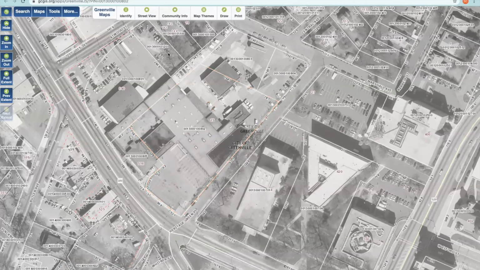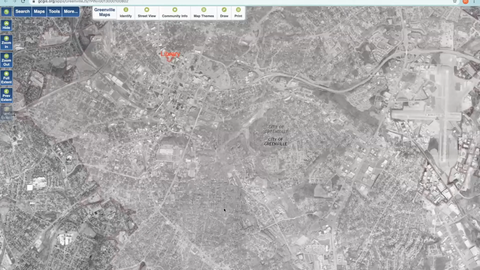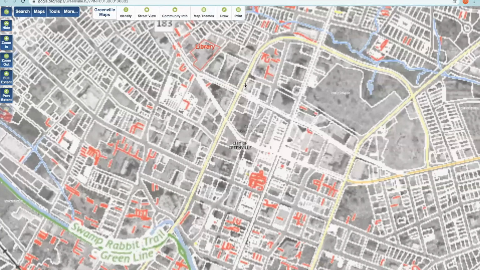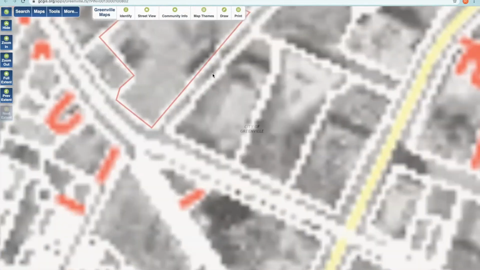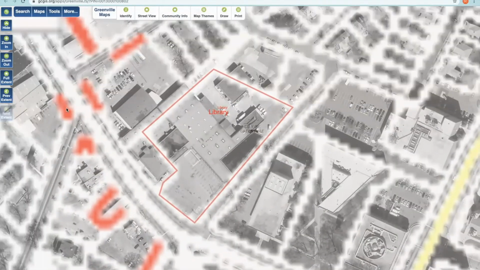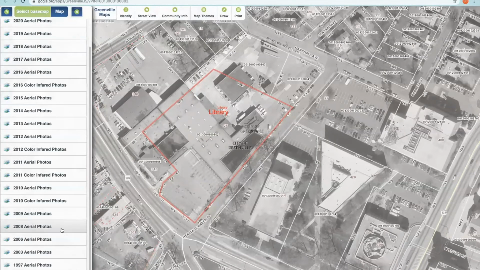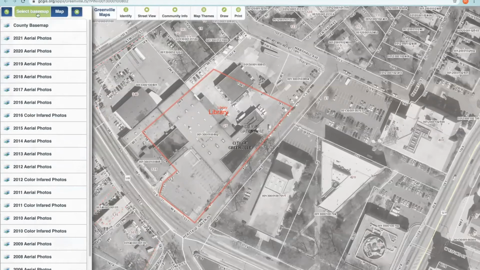And you can do this. I mean, this is a map for the entire county. So as I scroll out, you can see it. And of course, I have that other layer on, so it's still doing property as well. But you can see aerial images. So I thought that was a really cool thing to show with the base maps, just because we did talk about aerial photos, and you can see different years. But I thought that was super neat.